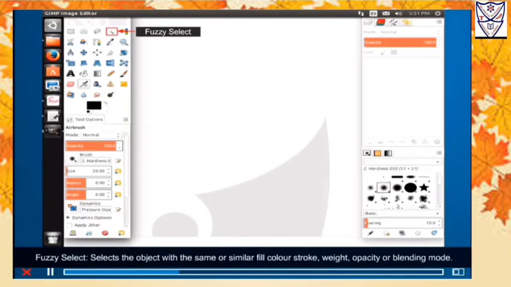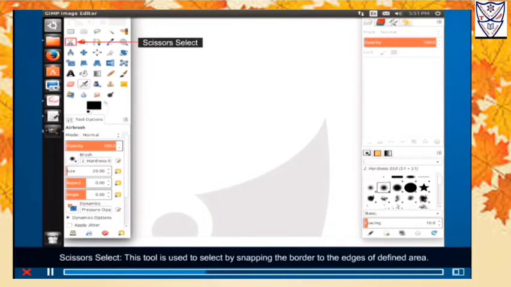Fuzzy select. Selects the object with the same or similar fill color, stroke, weight, opacity or blending mode. Scissor select. This tool is used to select by snapping the border to the edges of defined area.